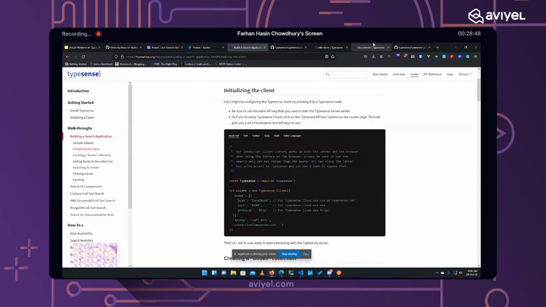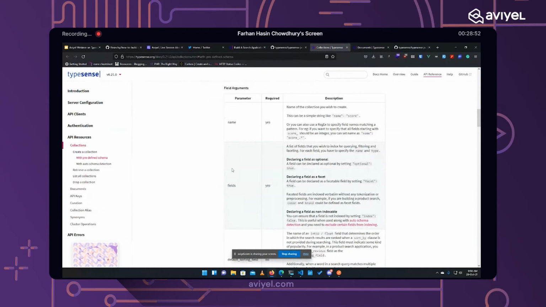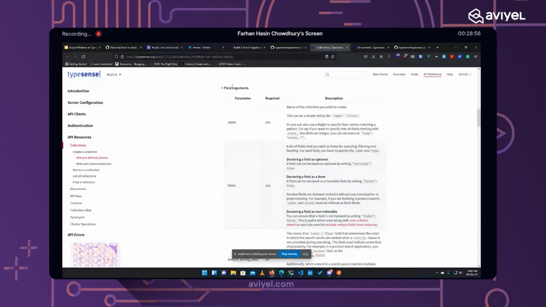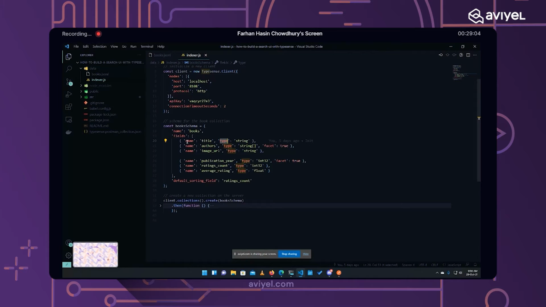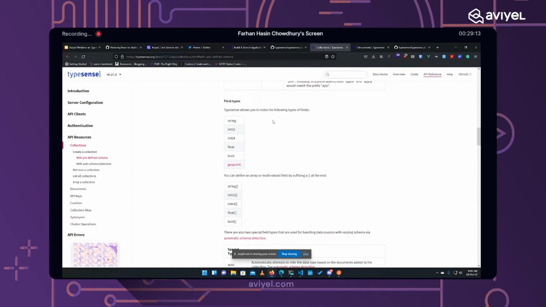Now, if I go to their API reference in the collection part, you can see what is required. Each collection must have a name and fields. That's what we have done. We have defined a name here and fields here. Inside the fields array, you can have multiple types of data, and there is a list of them.